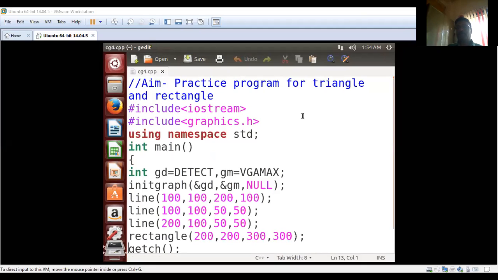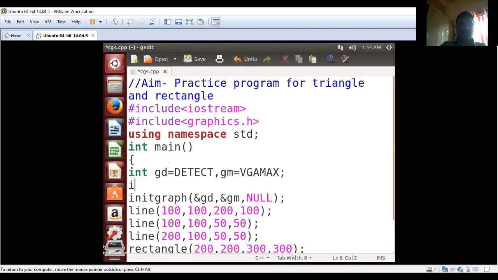Now, what I need here, we have to consider the variables: int x1, y1, x2, y2, x3, y3. Correct?